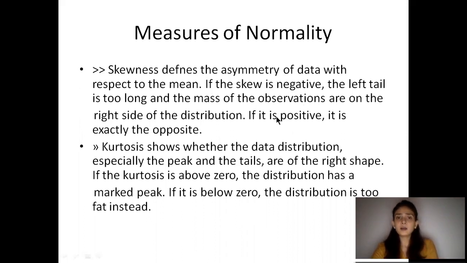For positive skew, it is in the opposite direction, that is, the tail is too long on the right-hand side. Kurtosis shows whether the data distribution, especially the peak and the tails, is of the right shape or not. If the kurtosis is above 0, the distribution has a marked peak.